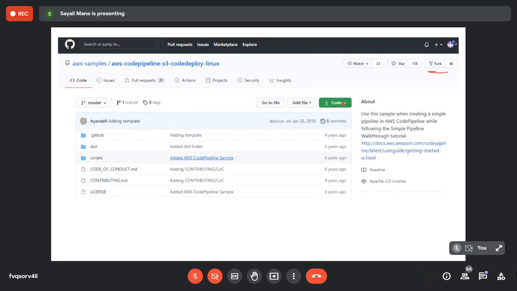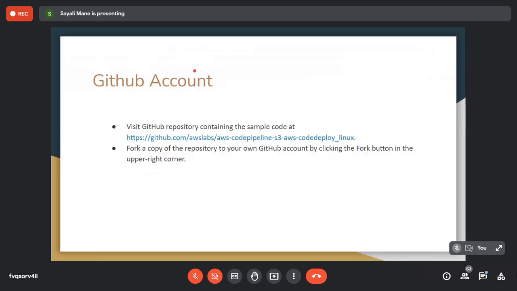Now see on the right-hand side there is one button called fork. I couldn't find any repositories. Ma'am, can you share the link?